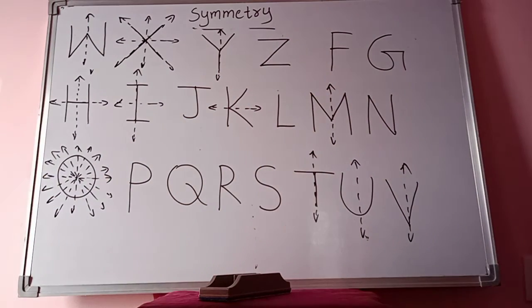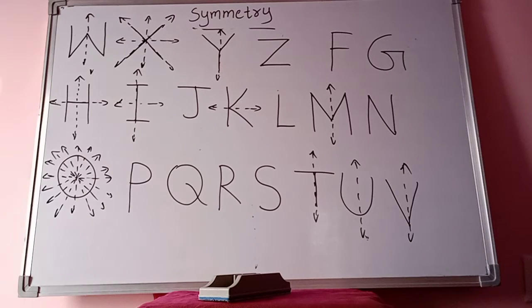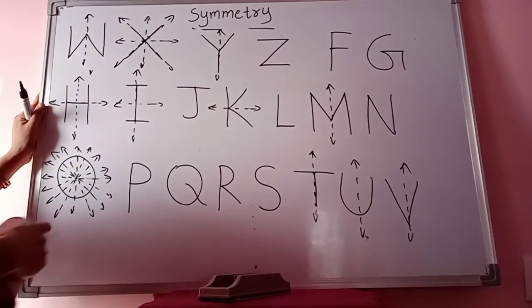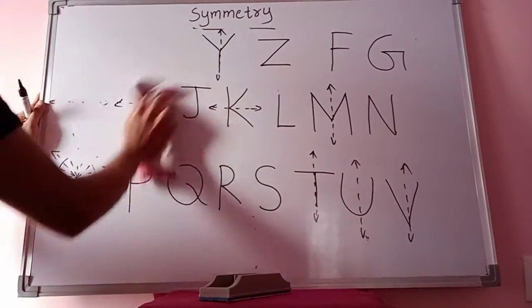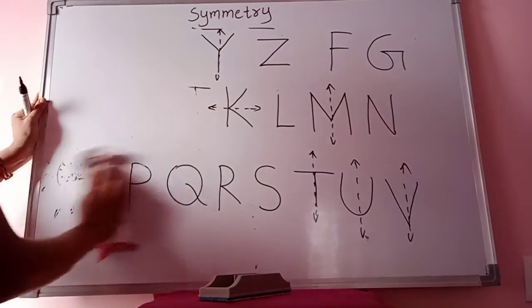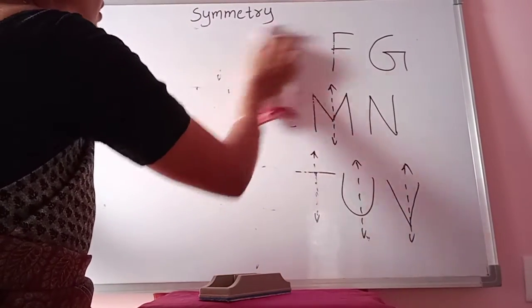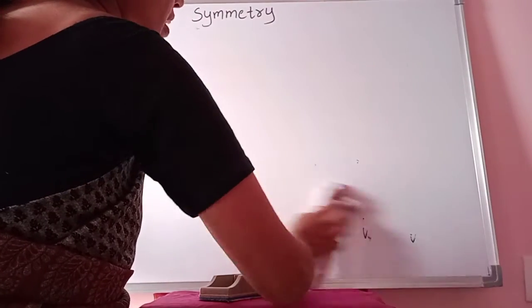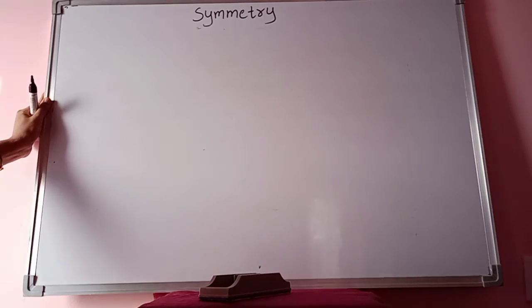This is about the English alphabets which are symmetrical and which are not symmetrical. Some have one line of symmetry, some have two, some have more than two, and some letters don't have any line of symmetry. Remember these letters, children. Then we will see some symmetrical shapes. Geometrical shapes, that is triangle, square, rectangle, circles. We will see how many lines of symmetry there are for those. First, I am taking the triangle.